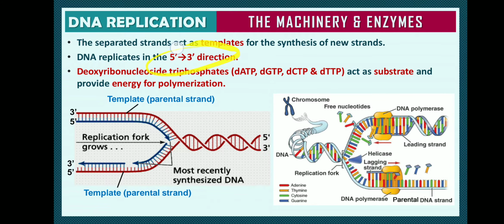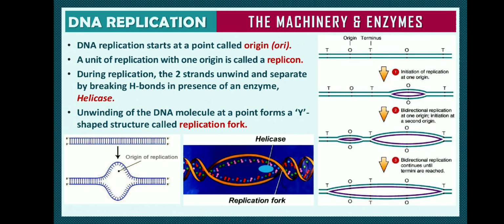So we know very well that 5 prime to 3 prime direction synthesis is possible, whereas 3 prime to 5 prime direction is not possible to synthesize, students. So this will make the synthesis of DNA on the template strand that is in the 3 prime to 5 prime direction and on the 5 prime to 3 prime strand entirely different. I hope you are getting here. So the synthesis of DNA on each template strand is different.